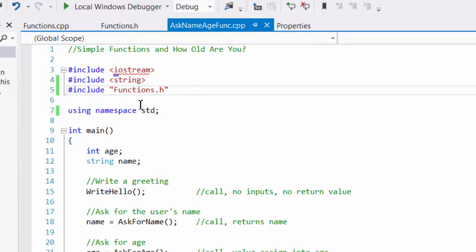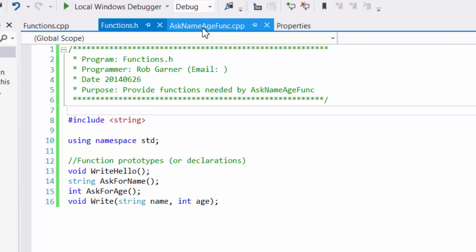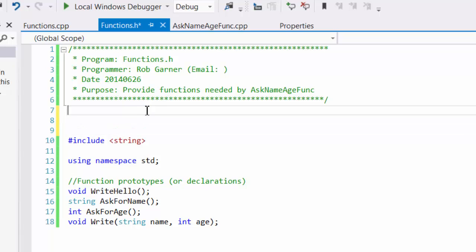another include that also referenced functions.h, we could potentially have a problem where the compiler comes to functions.h, adds these references, and then in the second program or in the second library does the same thing. And if it tries to define, for example, write hello 2 times or ask for a name 2 times, it'll say function already defined and it will error out. So we need to protect against that, and the way we do that is using some preprocessor directives, specifically ifndef